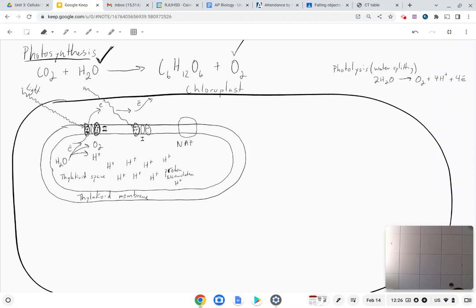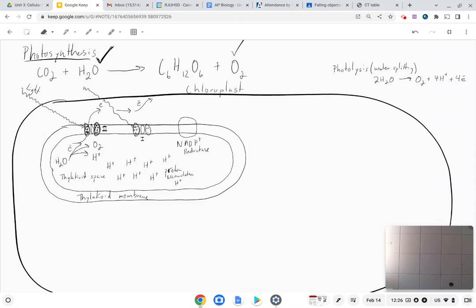They're going to work with an enzyme called NADP plus. Sorry, I wrote that kind of sloppy. Let me fix it. NADP plus reductase. And what do we know this thing is? It ends in the letters ASE. So it is an enzyme. Yep, it ends in ASE. It's an enzyme. And specifically, what it can do is it can